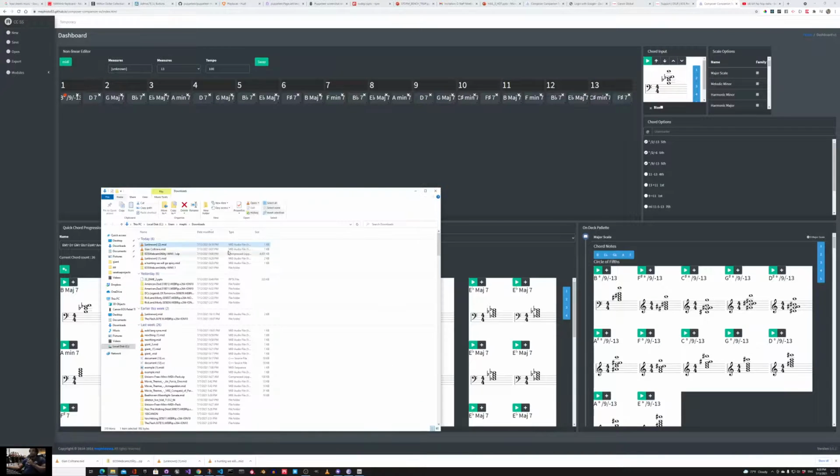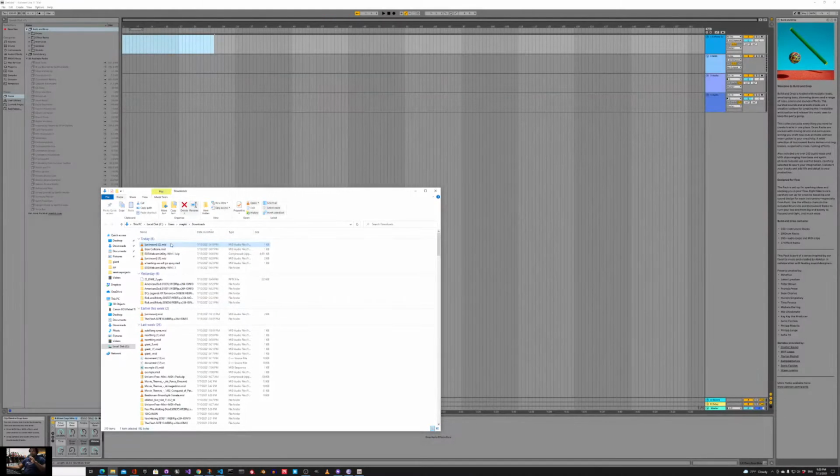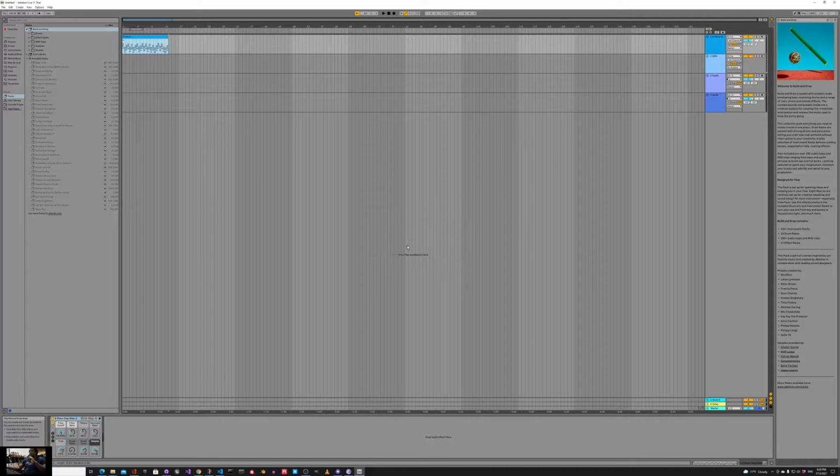So it's here, and then I can go into my favorite DAWs or a DAW. This one's not my favorite, but you know, I downloaded the free trial so I could show you guys what was what. I go back into my downloads folder. I can just drag this guy out and then set it there, and then I'll just hit yes for that, and then now I have my chord progression here, and I can just hit play,